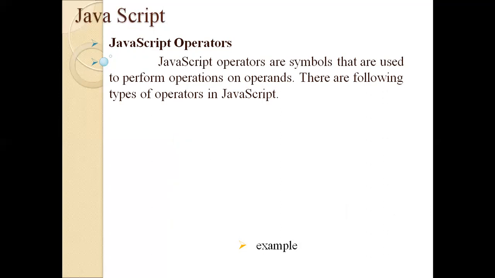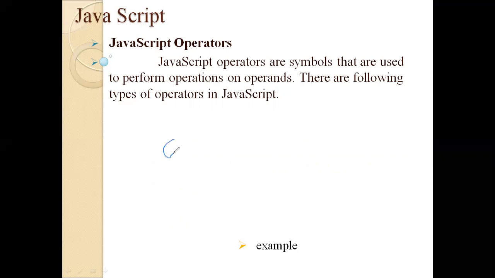The following are the different types of operators in JavaScript. We all know the operators in the C programming language, in C++, in Python, and in Java also. We are all very familiar with these operators. Similar to the operators in all the other languages, JavaScript also supports a huge set of operators by which we can perform certain operations in a program.